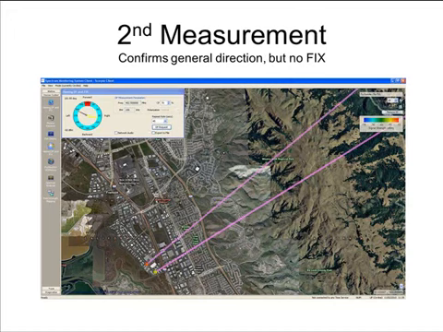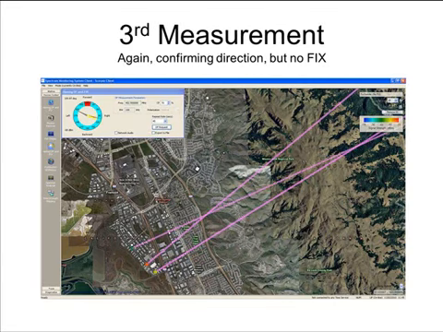The second measurement confirms the direction but does not provide a fixed point, as there is no intersection between the two bearing measurements. The third measurement confirms the direction to the emitter. It does provide intersection with the previous bearing measurements, but you'll notice that a fixed point has still not been calculated. This is because there are actually two possible fixed points shown on the map,